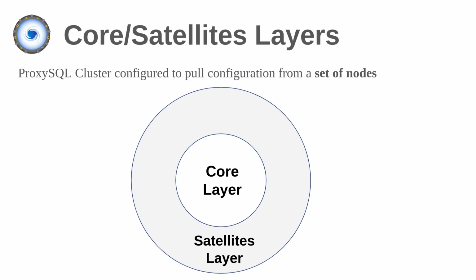So this allows you to scale very well because, for example, in the core layer, you can have just 4 proxies, and they are the ones that are checking each other. But then in the satellite layer, you can have hundreds of proxies, and they do not check each other. They only check the 4 proxies that are in the core layer. So this setup can easily scale to 100 or even 1,000 instances. There is absolutely no problem in the number of instances you can have.